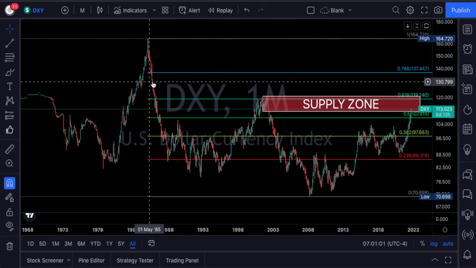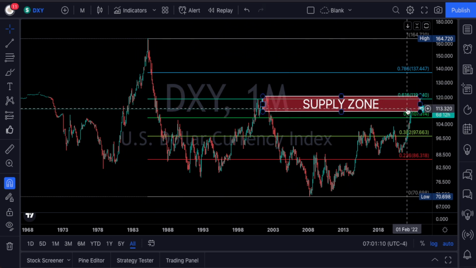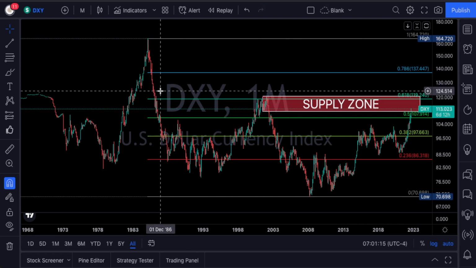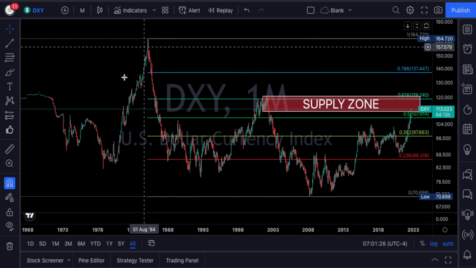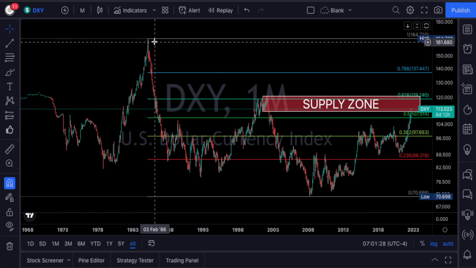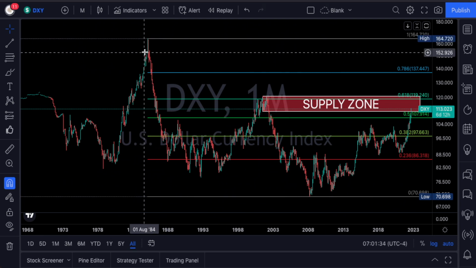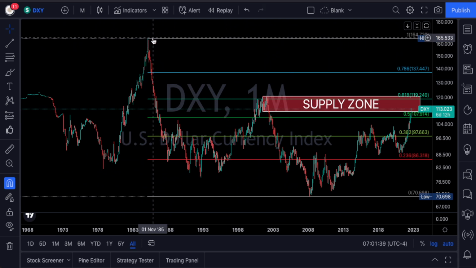When I think of my last video, I wasn't using this chart, and I had a target of 113. The 786 Fibonacci level was somewhere around 113, but it was picking another high. And one of the things that Gann always says is to try to get the most data that you can on the instrument that you're trading. So this is as far as I could go, and hopefully the data is correct. I've downloaded some things and it's not the best data, but I'm going to try to use it the best I can.